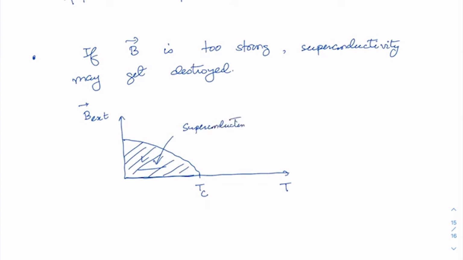So a much stronger magnetic field is required. This is your superconducting region. A very strong magnetic field is needed if you want to destroy superconductivity far below the critical or transition temperature, and the quality of the superconductor is better at very low temperature. These are the general things we know about superconductivity, but for this particular course